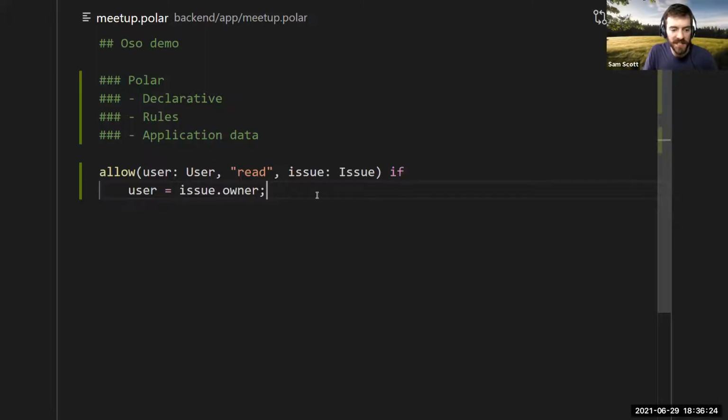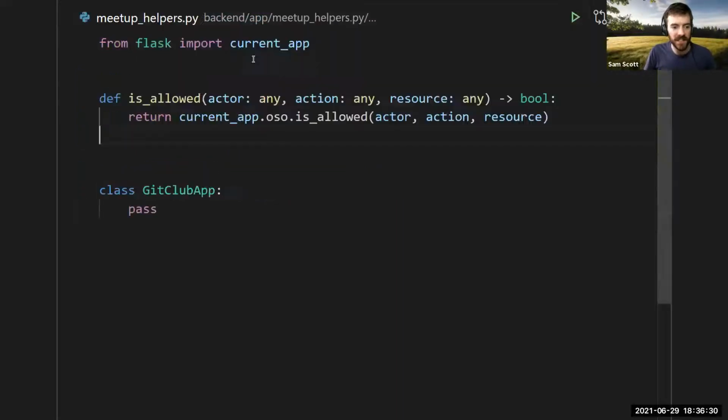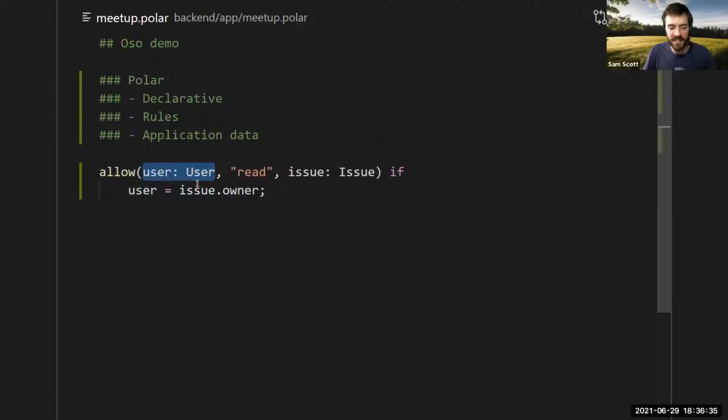Let's talk through the pieces here. These inputs are coming straight from the Python application. Where I showed the isLoud interface that passes in these Python variables, these are coming straight into the policy here. This piece is checking that the first input is of type user, so it is an instance of the user model. The second input is declaratively matching a read action, so this rule will only evaluate if the thing you're trying to do is a read. And finally, the issue is just a Python issue instance. The conditions here check the user as the issue owner. It's how we represented that same logic from before, like an if statement. We're comparing those two fields.